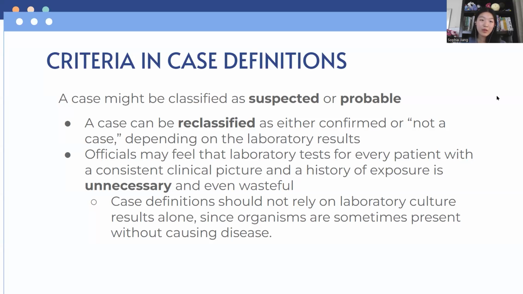So let's talk more about why a case might be classified as suspected or probable. Well, it's because a case can be reclassified later as confirmed or not a case, depending on the laboratory results. And we want to mark these cases as maybe, and we're taking a closer look. And also, sometimes they might be marked like this because they are waiting for a laboratory test to confirm it